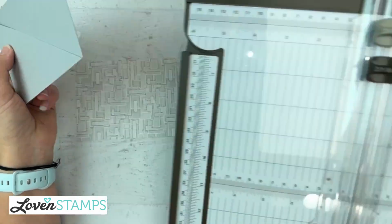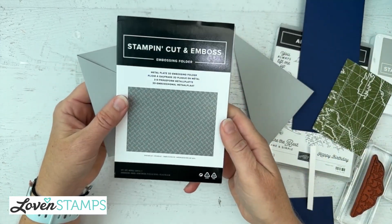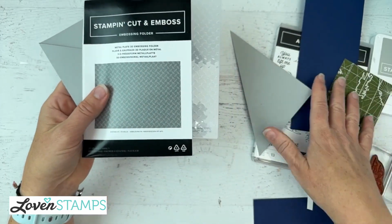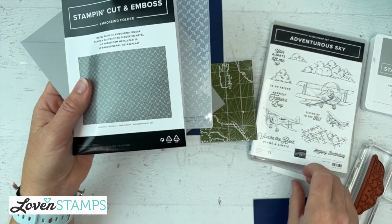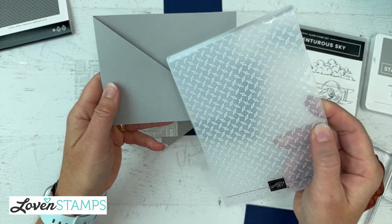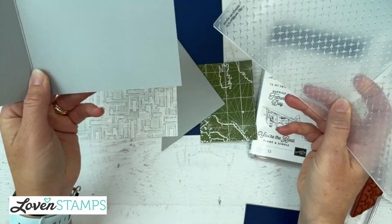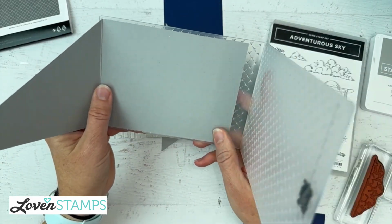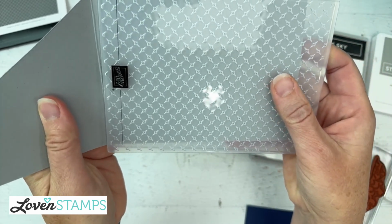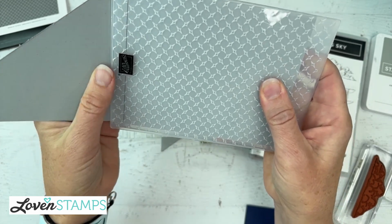And we're going to come back with some designer series paper, but we're going to do our next step first because I'm bringing in the metal plate 3D embossing folder. I think this is a perfect match for the theming on our Adventurous Sky stamp set. So we're gonna go ahead and use this to do not the front of the card, but the back of the card. So I'm gonna slide this in here, and we're going to line it up so that the texture ends right at the score line